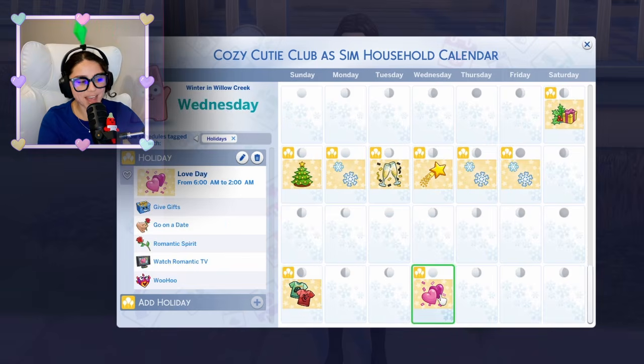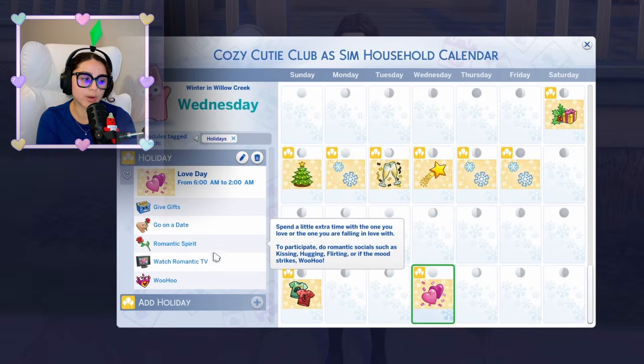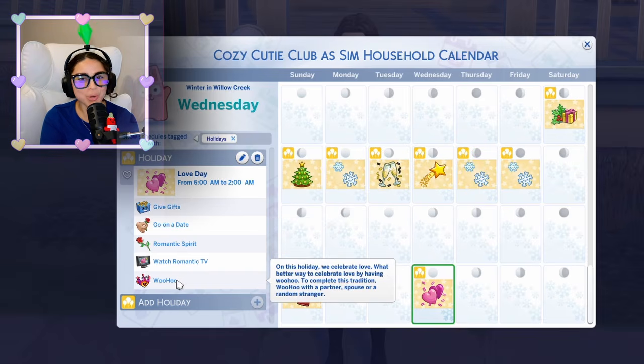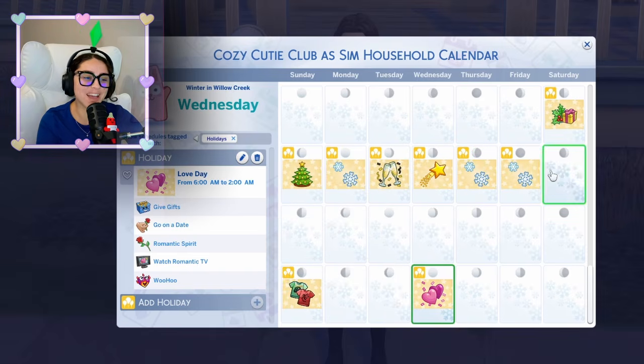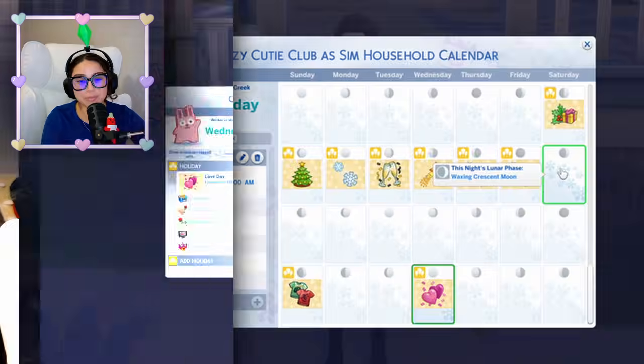And then finally, our very last holiday of this entire calendar guide, we have Love Day. This is also a default holiday. I just made a little bit of tweaks. We have give gifts, go on a date, romantic spirit, watch romantic TV, and woohoo, which is a modern tradition. And that, my cozy cuties, is not the end of the video, but the end of our season and holiday breakdown. And now I'm going to briefly talk about all the mods that I included or that I use to